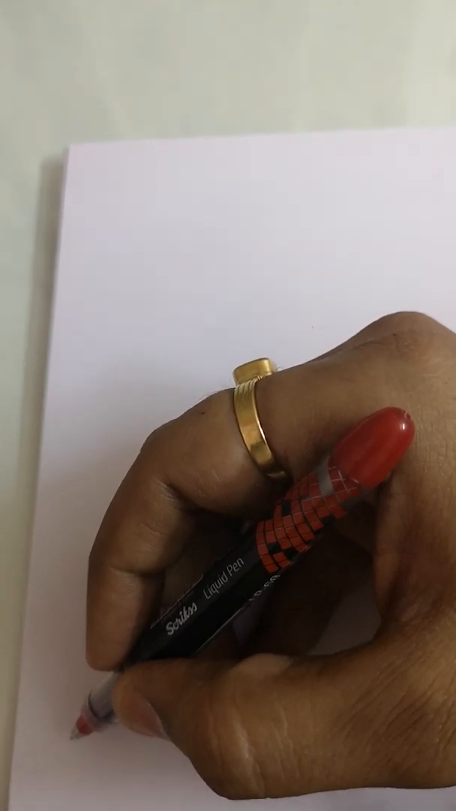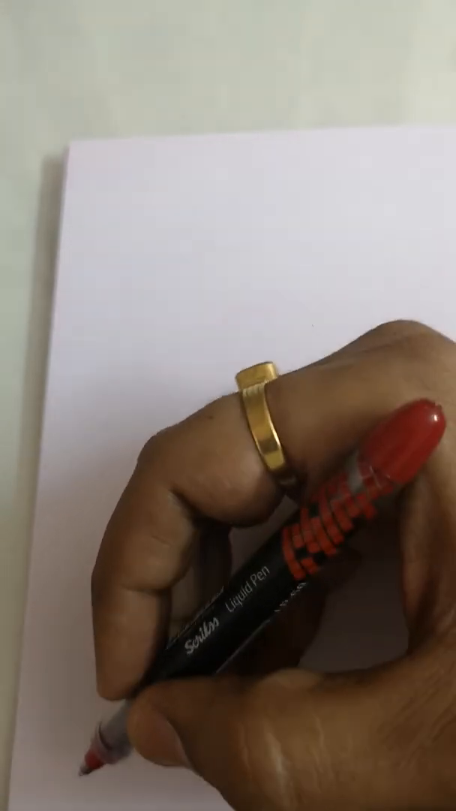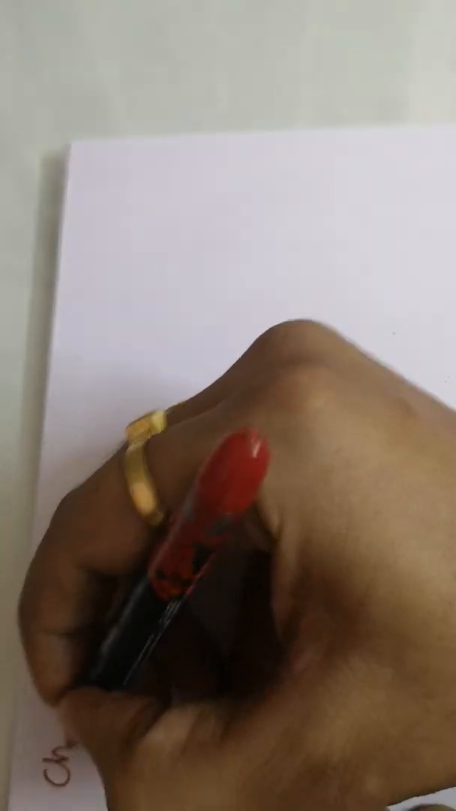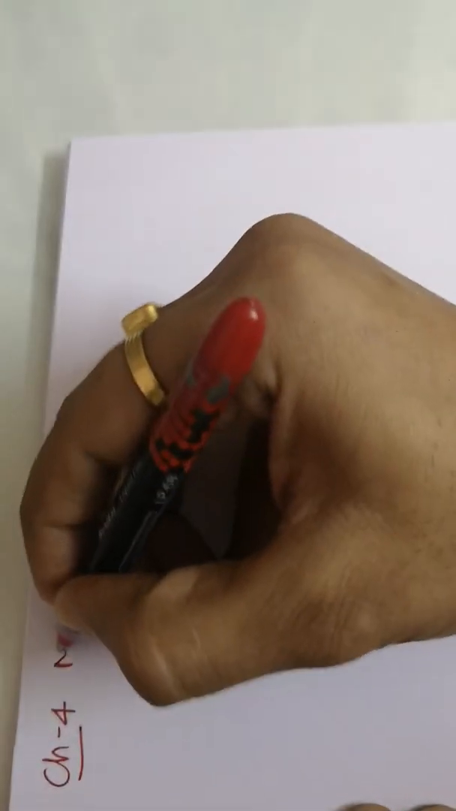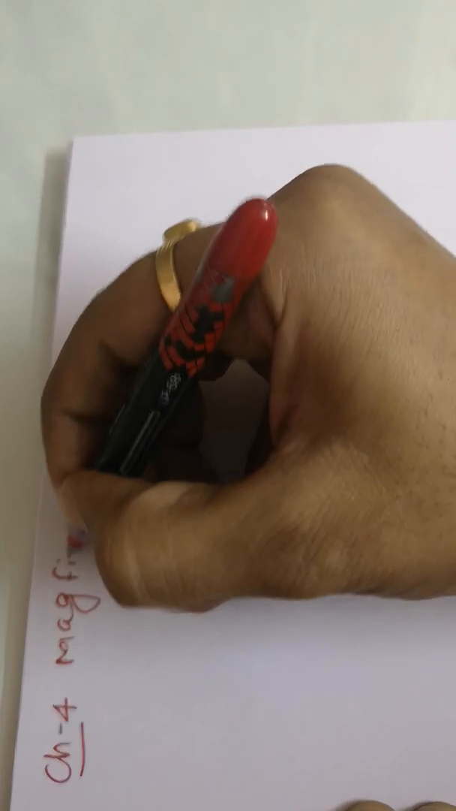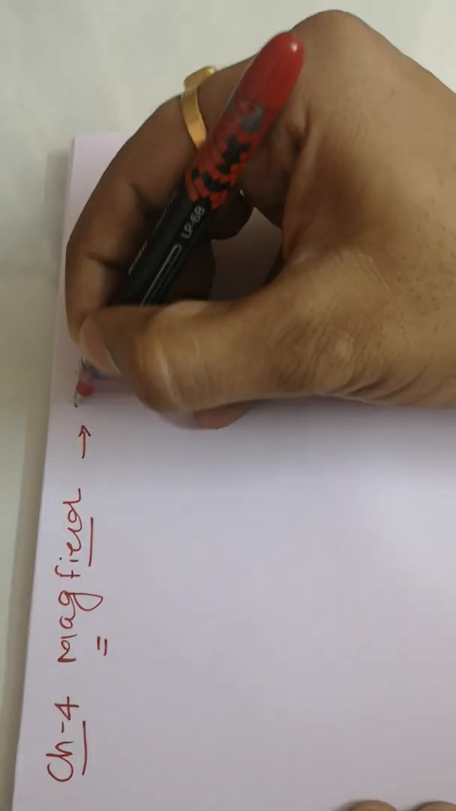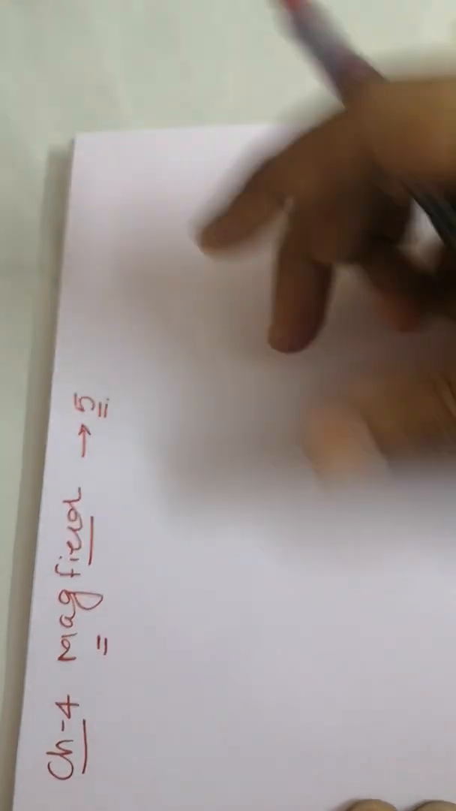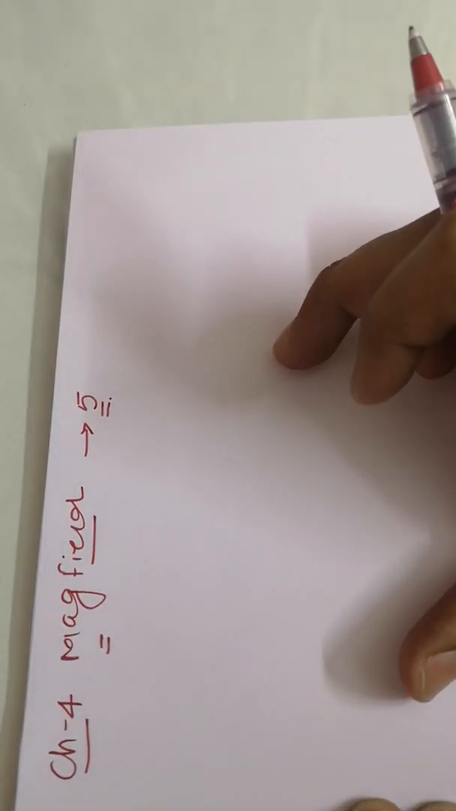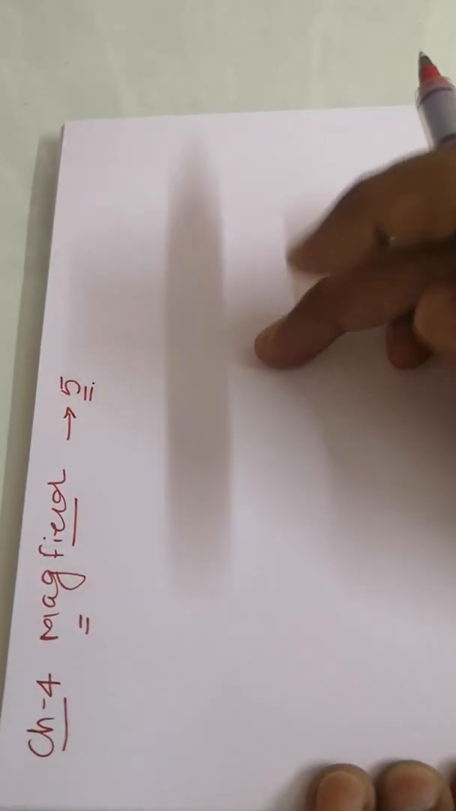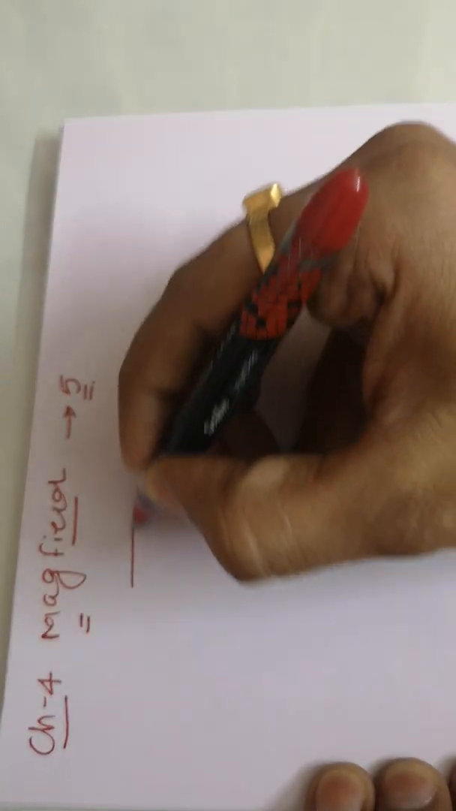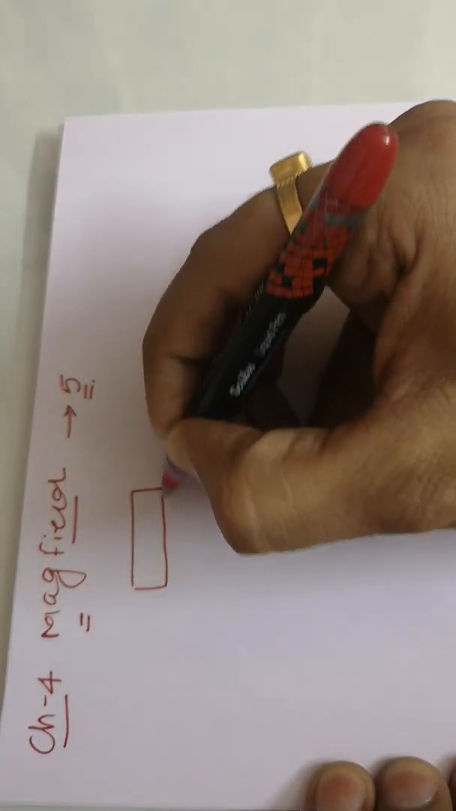Good morning, students. Today we are talking about chapter number 4. Chapter number 4 is called magnetic field and its effects. There is another chapter associated with it, called magnetic field and its effect on some of the materials. Whenever we are dealing with the magnetic field, there is one question coming in